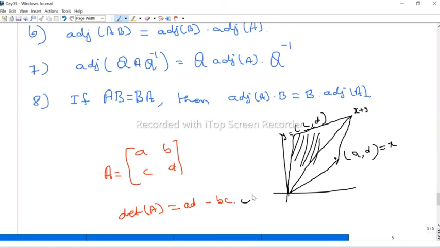In general, suppose we take 3 by 3 matrices. Geometrically, the determinant of the matrix is the volume of that figure. If you take 3 by 3, you get a volume. So you find the volume of this solid; the volume is the determinant. For a 2 by 2 matrix it is the area of the parallelogram. So you should remember this: what do we mean geometrically, what does the determinant represent?